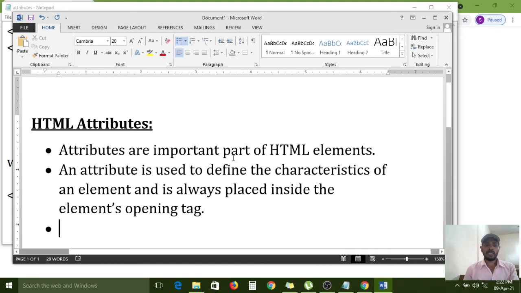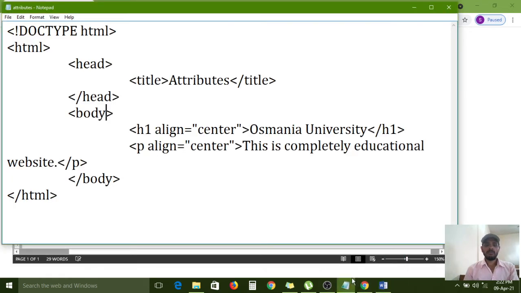This H1 tag by default aligns left to right. If you give this attribute and value, then the complete element content, Osmania University, is aligned in center position. H1 is the element and that element content is Osmania University.